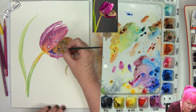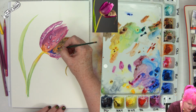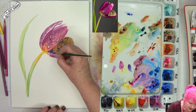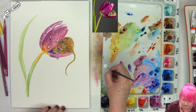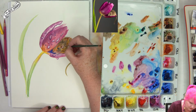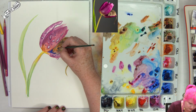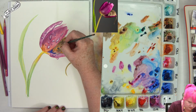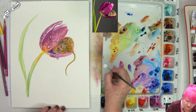A little bit of reflection. Strong one on his eye. Something to help increase that drama. Come here and add some little white whiskers. Little highlight along the top of the ear. Okay, to do a few little